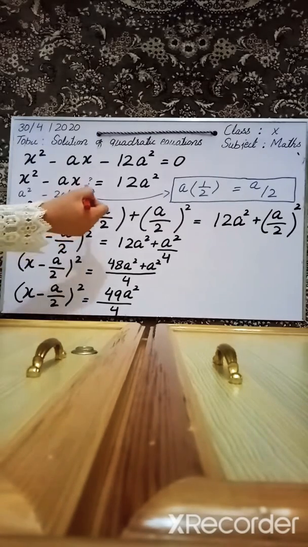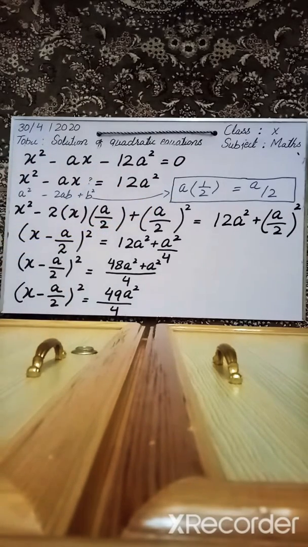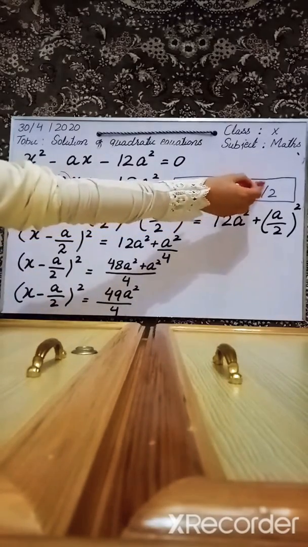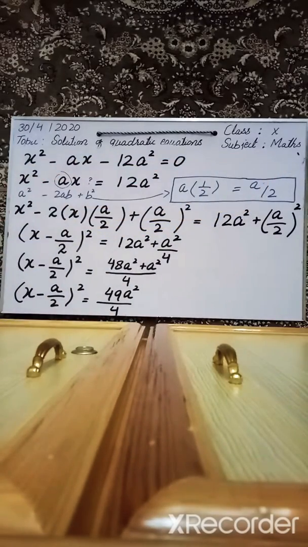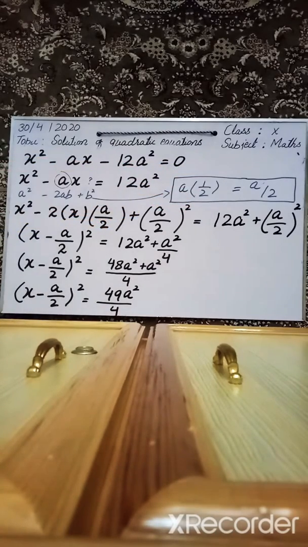And I told you the trick for finding the b square, that you will multiply the coefficient of x with what? With half. So the coefficient of x is here what? A. A will be multiplied by half, so this will be the missing term. And next step, when we find the missing term by this method, then we will add that missing term on